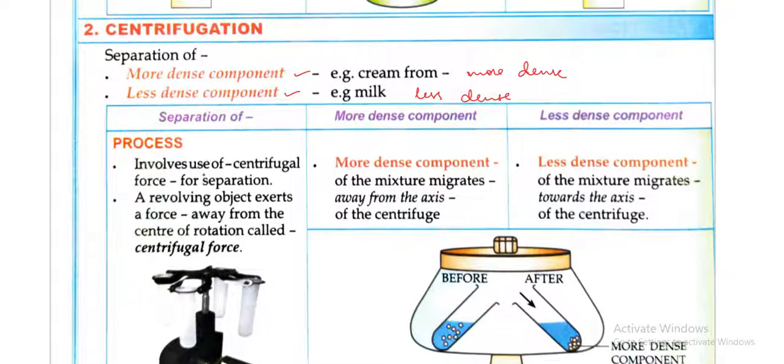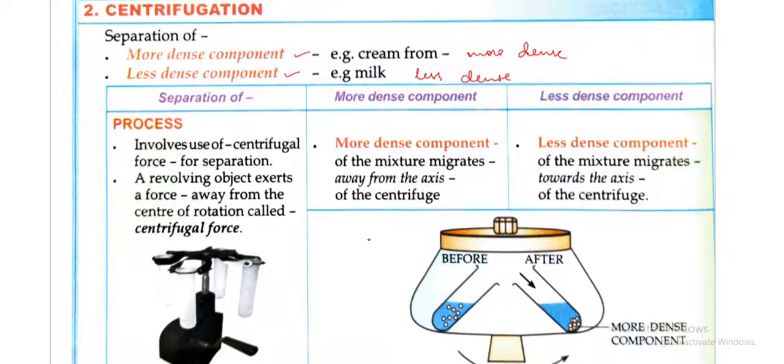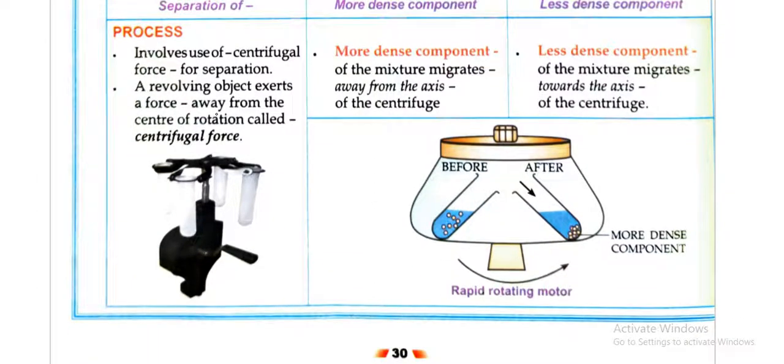In this method, one machine is used which is called a centrifuge, and here centrifugal force is used. So how is centrifugal force used? Whenever anything is rotated at a very high speed, the heavier things go separate from the lighter things. You might have gone for a blood test, and there you will see this machine kept in the blood test clinic, and when they rotate the machine, what happens?